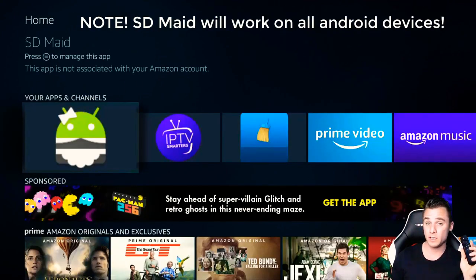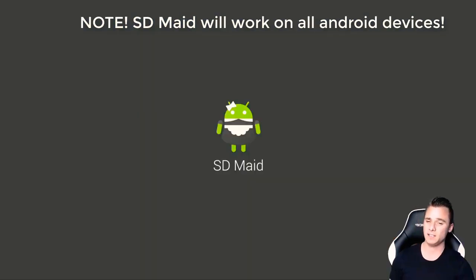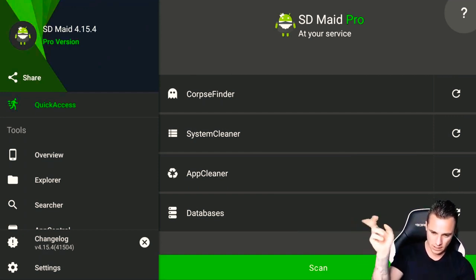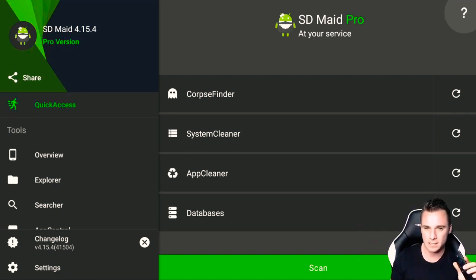The application we're going to use now for the 4K sticks is SD Maid. This is really good considering it can go into depth if you really want it to. There is a lot of other things you can actually use on the other side, which I tend not to use. The only thing I tend to use now is at the bottom there where it says scan. If you just go down to that